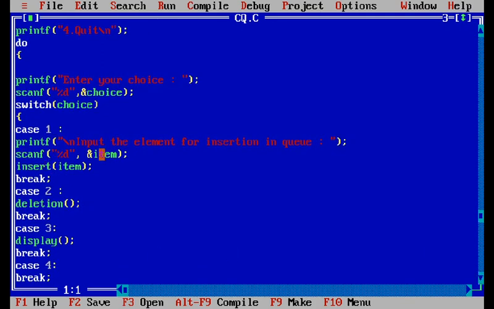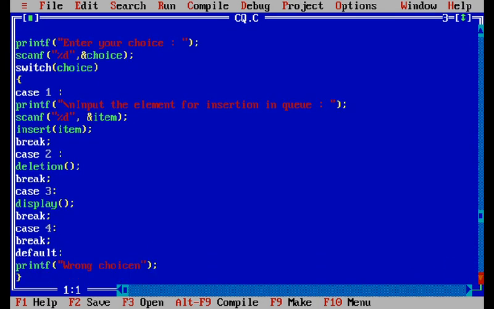Case 1: input the element for insertion in the queue. Here we input the item, the element to be inserted into the queue, and we pass that item to the insert function and break from this case. Second case is the deletion. Deletion has no argument because we delete the already existing element from the circular queue, and break from this switch statement. Third case is the display function, and we break from this switch statement.